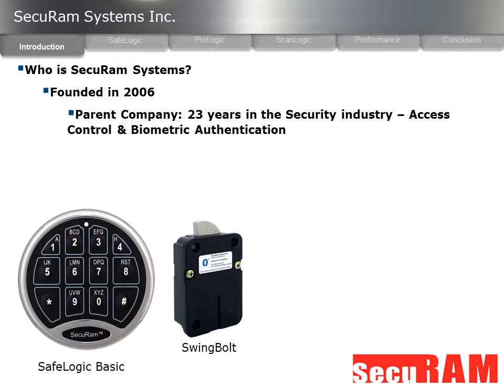So let me tell you a little bit about who SecuRam Systems is. SecuRam Systems was founded in 2006. Our parent company was in the security industry, but in the access control, smart card, biometric authentication side of the industry, not in safe locks. But some very large North American safe manufacturers happened to have a relationship with our parent company, a company called Easthouse Electrical Technologies, and asked us if we would be interested in taking a look at entering the safe lock